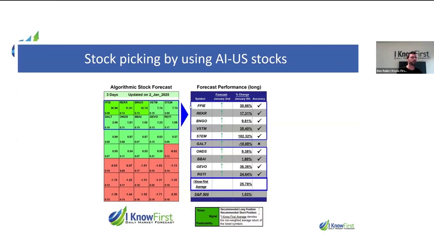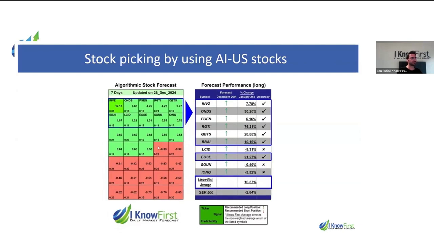To the right, we can find the performance of those 10 stocks in those 3 days. And at the bottom of this forecast, we can find the average of those 10 stocks compared to the S&P 500 universe. We have some volatile stocks here, such as STEM, the utility company that performed more than 100% in those